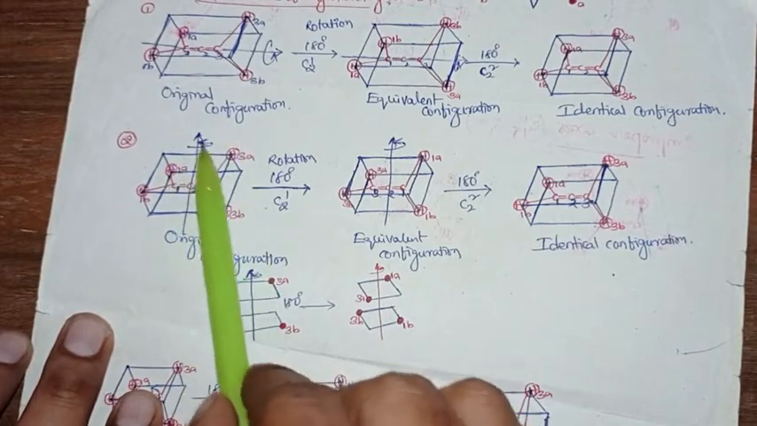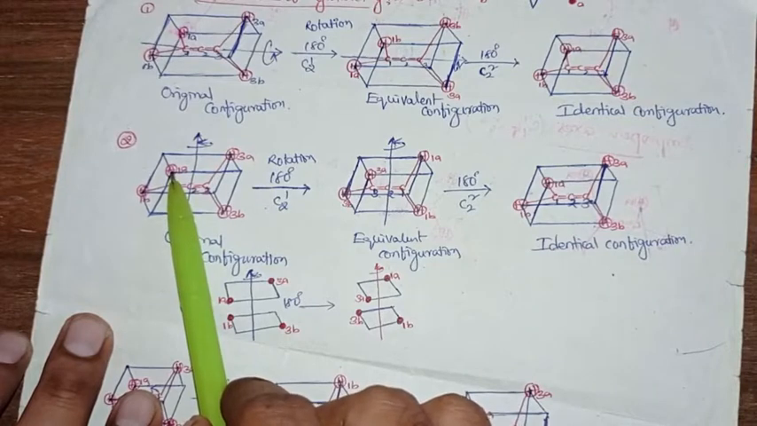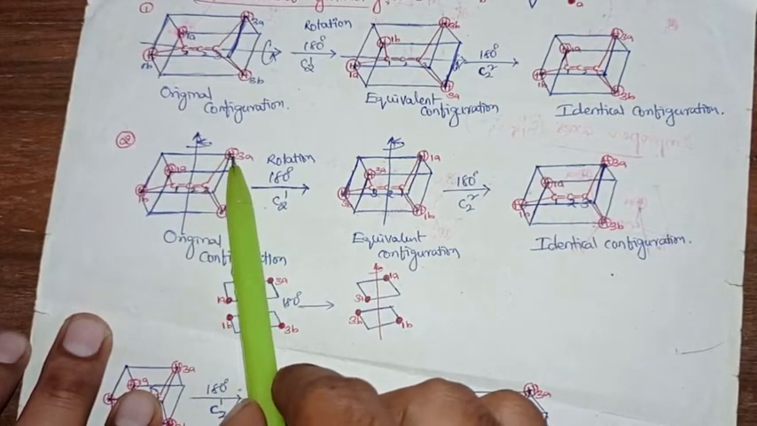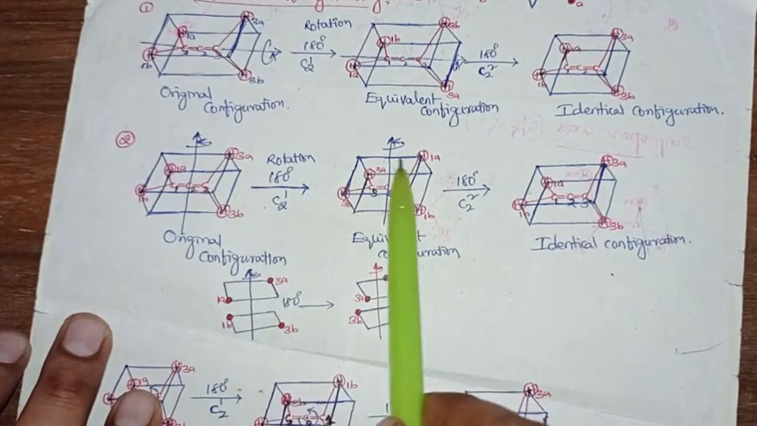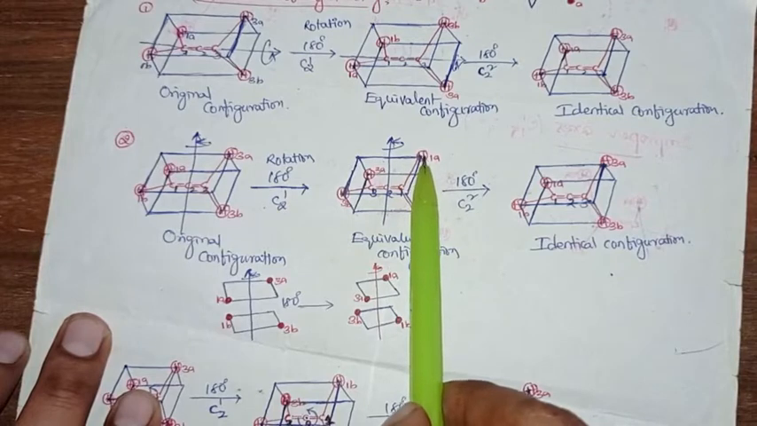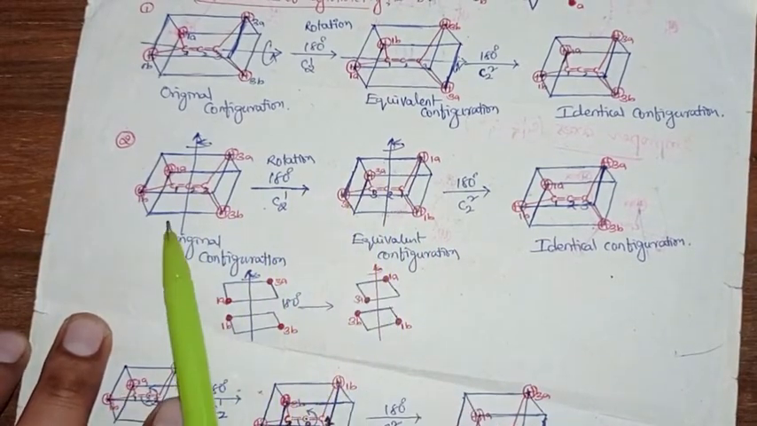When it is rotated, what happens? The H3a reaches the H1a position, and when it is rotated 180 degrees, the H1a reaches the H3a position, like this. So far, here H3a is replaced by H1a, and H1a is replaced with H3a, right? So same to that,